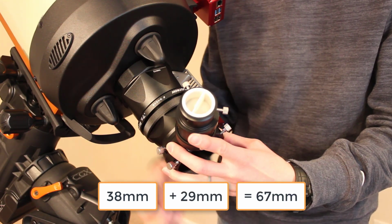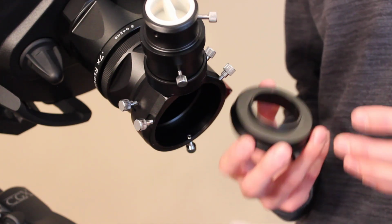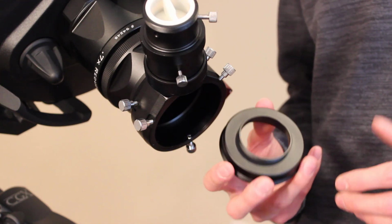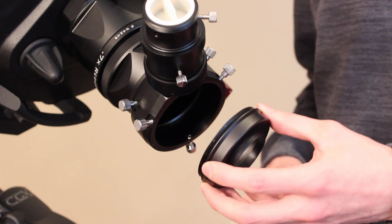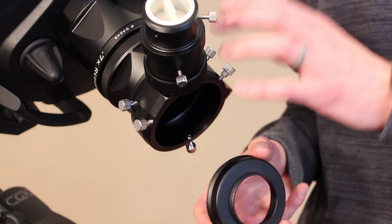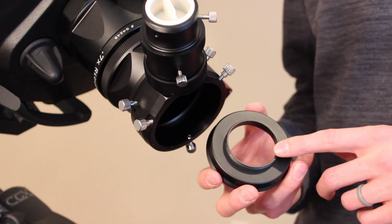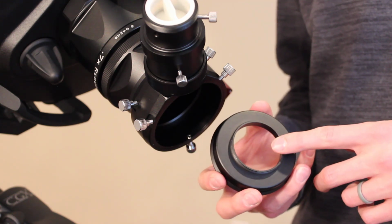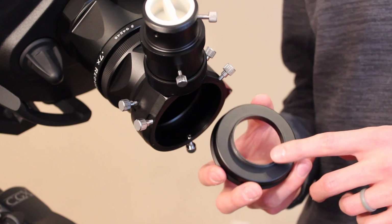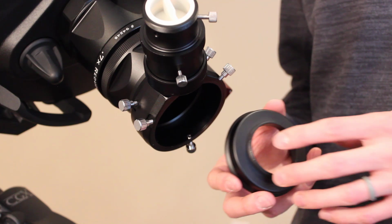millimeters of back focus. Now, as I've mentioned, the Celestron off-axis guider does come with a lot of parts and adapters. This is the 48 millimeter male adapter ring. It's basically what allows the rest of your equipment to attach to the off-axis guider. Now, I use the 48 millimeter ring because I like to use bigger threads when I can, and I use a 48 millimeter T-ring with my DSLR. Now, they do include a 42 millimeter version of this ring as well, so whichever one you want, you can